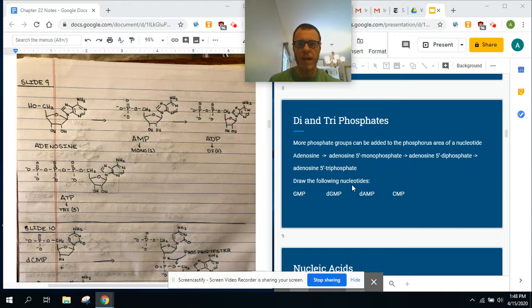Slide 9, di and triphosphates. All right, it sounds a little weird, but it's not. It's actually pretty easy. More phosphate groups can be added to the phosphorus area of a nucleotide. So here, this is adenosine. See, this is our nucleoside. There's two things, no big deal. There's our OH group. We have our mono, 1 phosphate. There's one phosphate group. We can add a second phosphate group, and that's ADP, or adenosine diphosphate, or ATP, adenosine